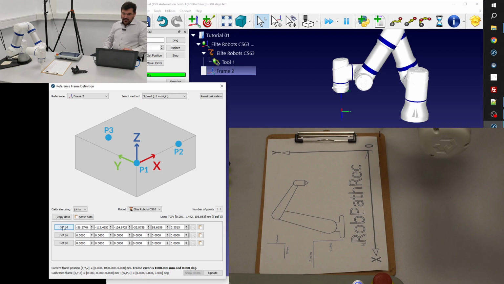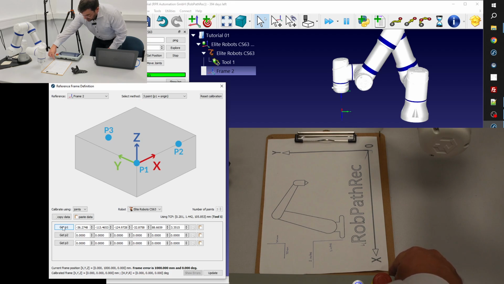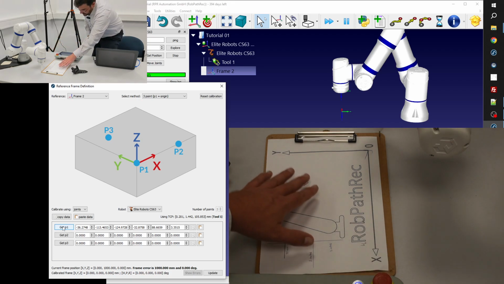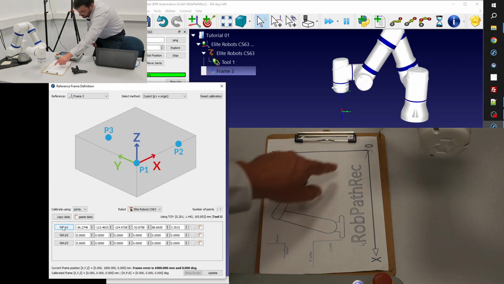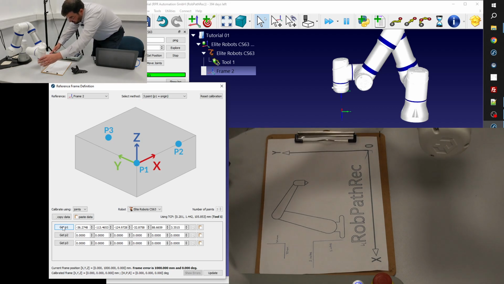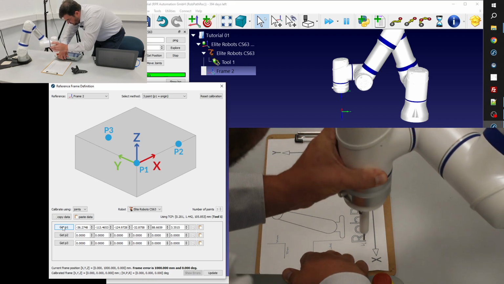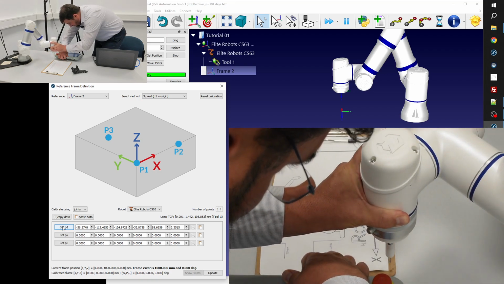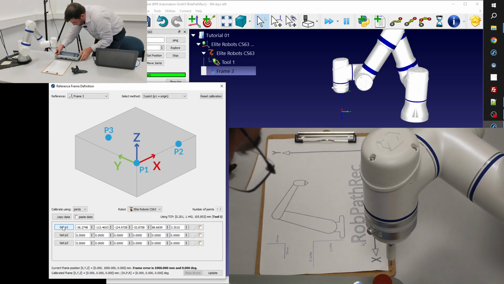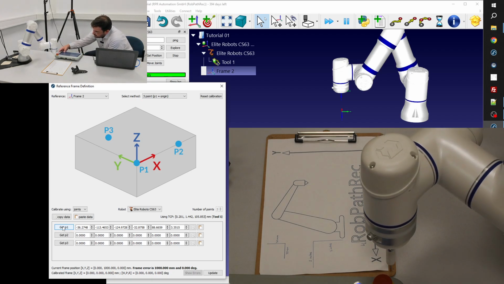Okay, right now we have to go to the x-axis. This is very important. This is our x point, okay? So you really have to take care of that. This is the x, this is the y-axis, okay? I am just coming over in the free drive mode to this x reference point and coming back to the jog as usual.